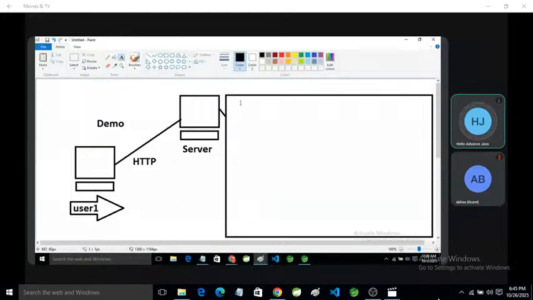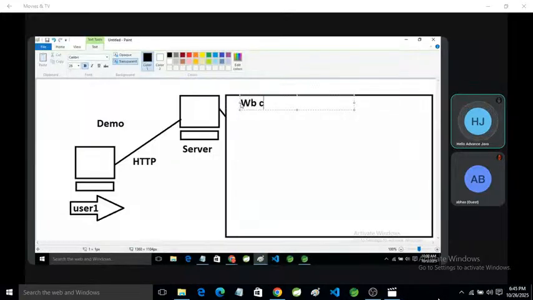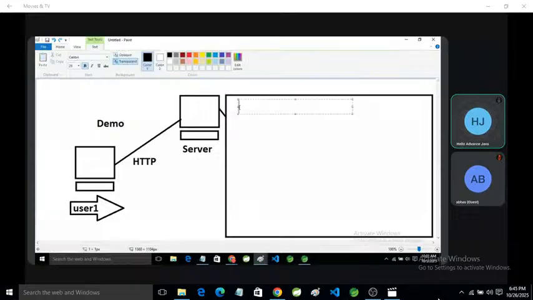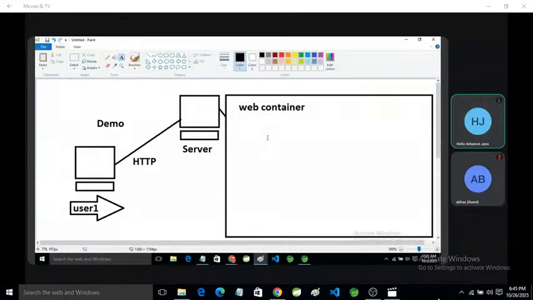The server transfers that request to the web container. It is the responsibility of the web container to create the object of that servlet and check whether that servlet exists or not.